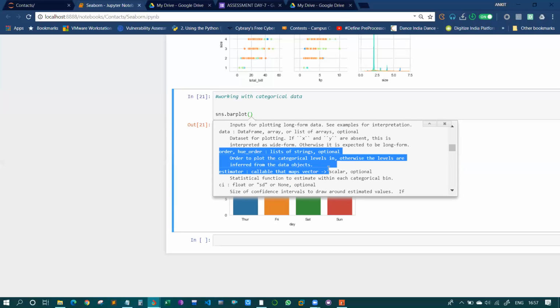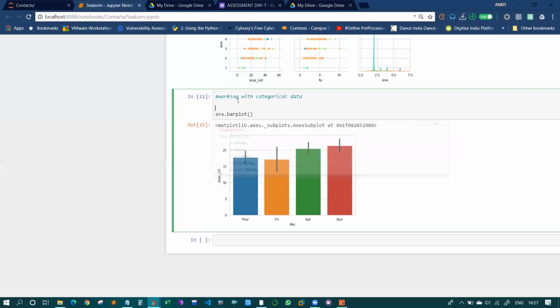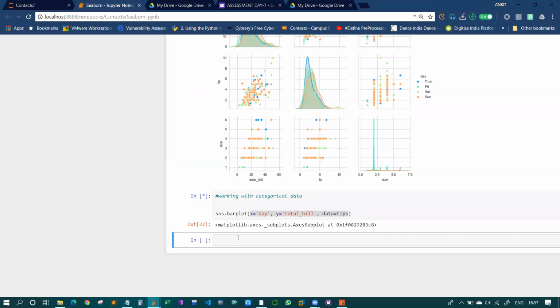Each and everything you can get in the documentation part. Fine. So just play around with the parameters.